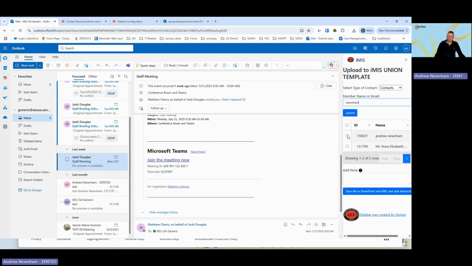But if I wanted to add a note, meeting email, I could do that. And then all I have to do to upload the email is select one at the bottom. It will upload the email to SharePoint and give you a notification that it has succeeded. We'll go have a look at that in iMIS in just a second, but while we're in this app,